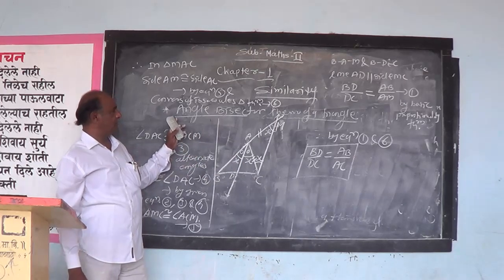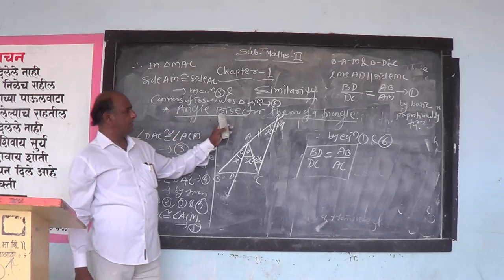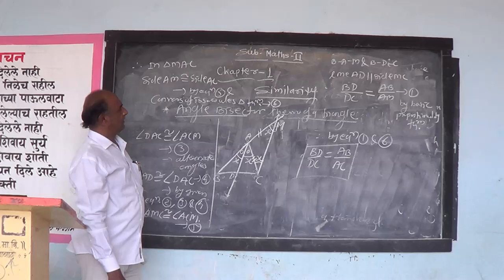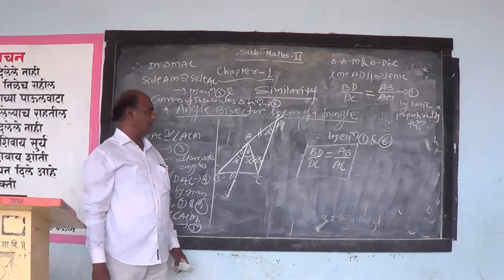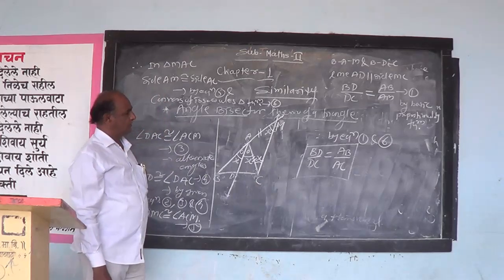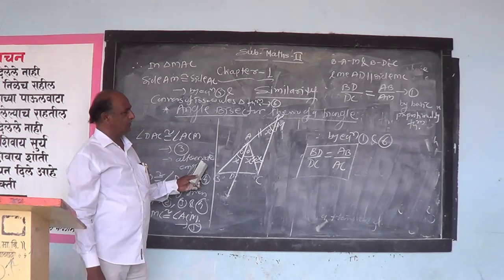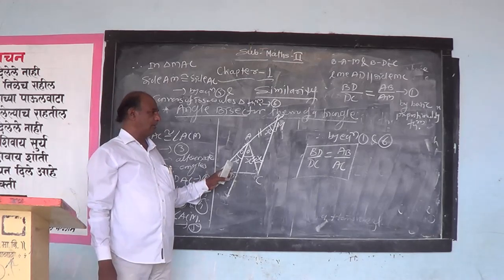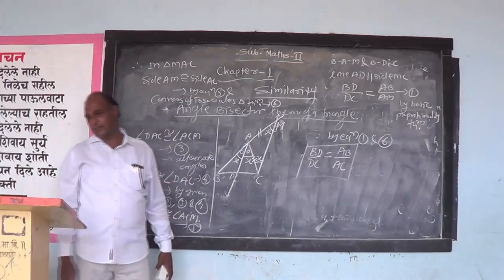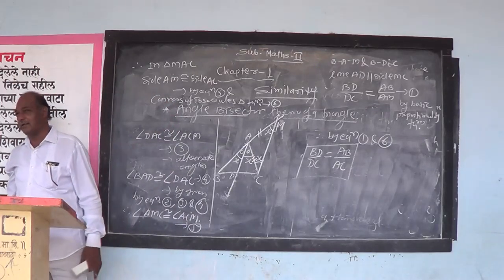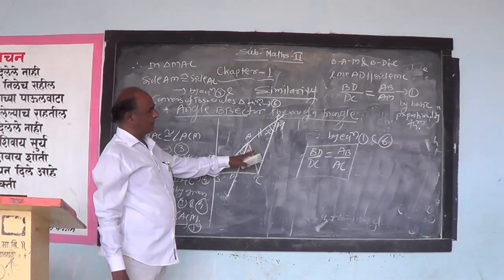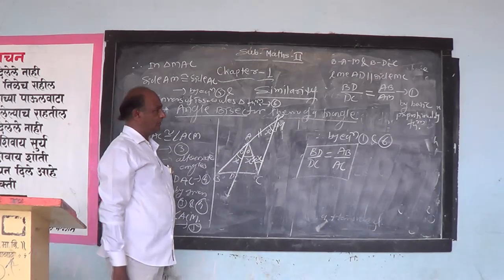Meaning, we have proved this theorem, which is the angle bisector theorem of a triangle. All students, understand how to prove this theorem. First of all, try to prove this theorem at home, one, two or three times in your notebook. And then remember this theorem is very important.